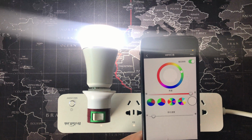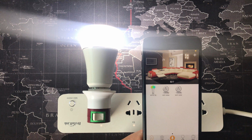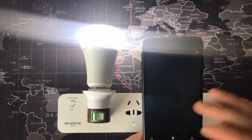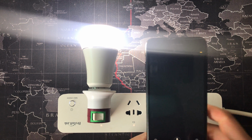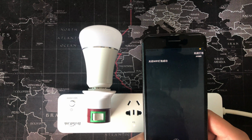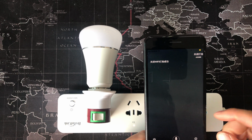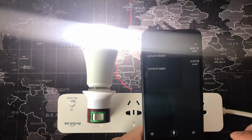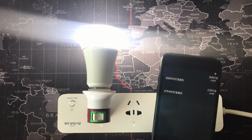So this is a word about this product, and you can also control the light by voice. I can use Chinese to control it, and it can also use English or Russian. 关闭灯泡。 关闭 Wi-Fi 灯泡成功。 Yeah, I turned off the light, and now I want to turn on the light. 打开灯泡。 打开 Wi-Fi 灯泡成功。